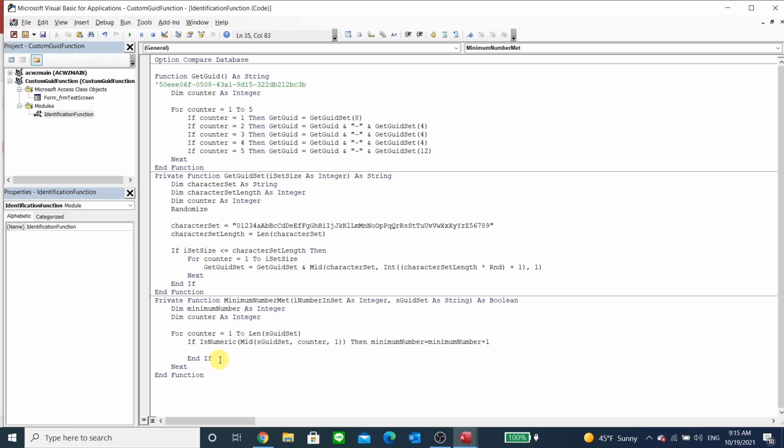We want to increment that, and we don't need this in because it's on the same line. Okay. So if it's numeric, we want to see how many there are, so we just count. That's 1. Now, here's the magic. If numeric equals I number in set, then